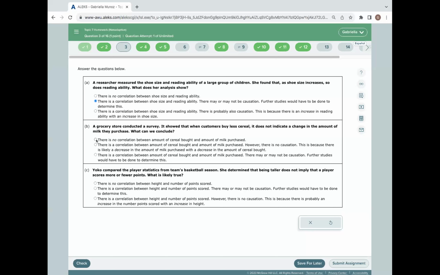For there to be correlation, you have to have something increase or decrease. Yoko compared the player statistics from the team's basketball season. She determined that being taller does not imply that a player scores more or fewer points. What is likely true? That also appears to be no correlation, but I'm just surprised that